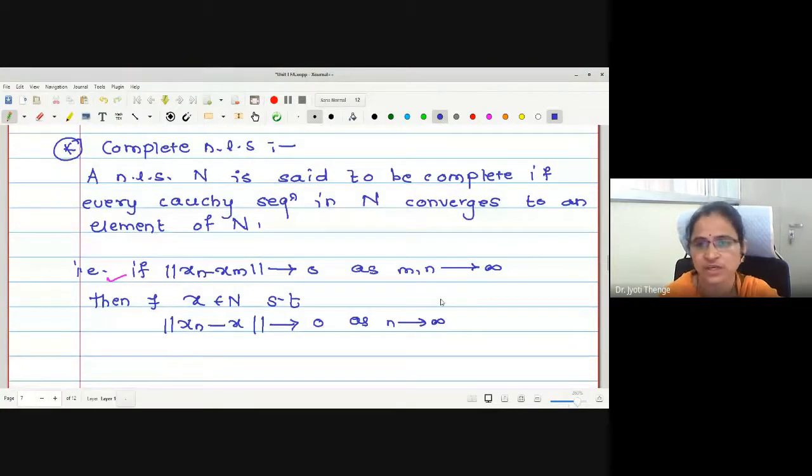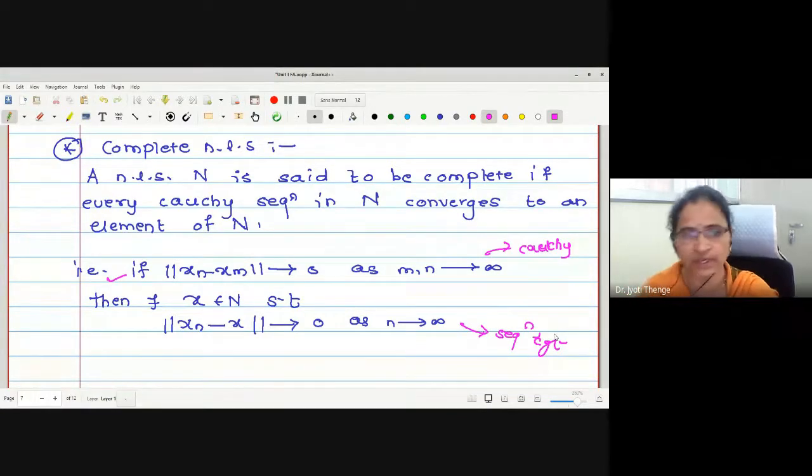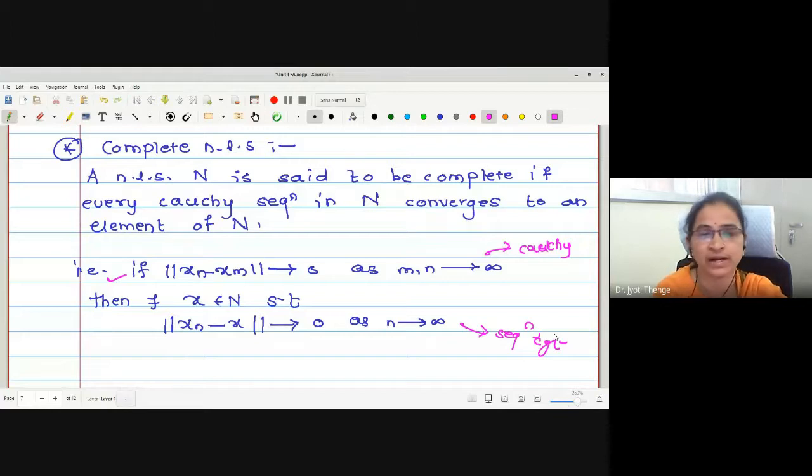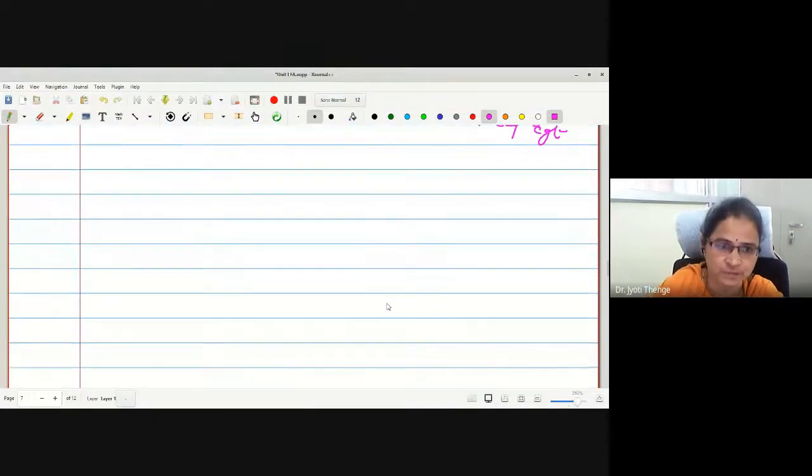The first definition gives us that the sequence is Cauchy. The second definition gives that the sequence is convergent. If a Cauchy sequence is convergent, then it is called a complete space. Any difficulty up to this? No. Okay. Now we will go for understanding the relation between a metric space and a normed linear space. The first concept we were proving, as my first theorem,